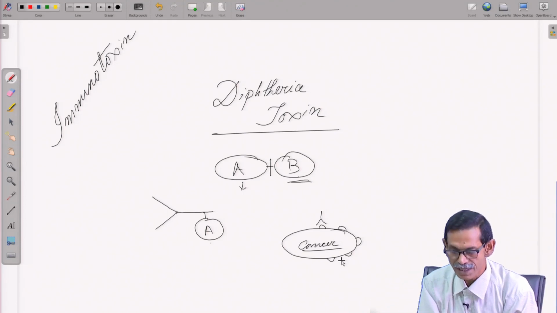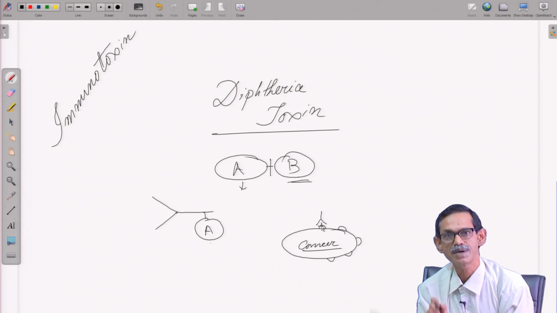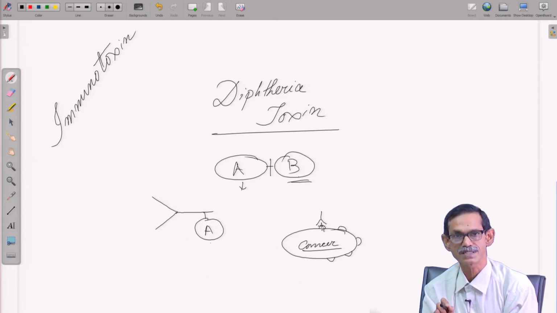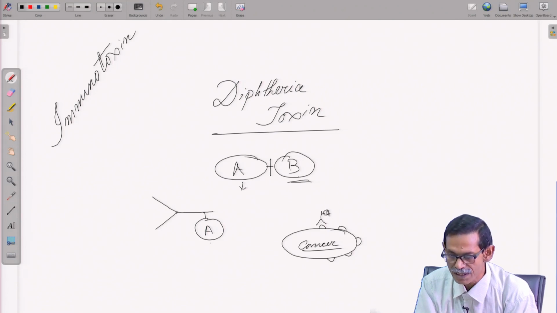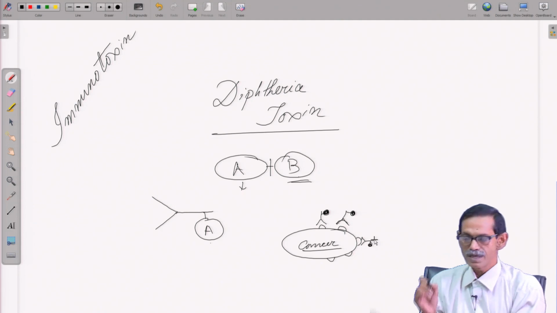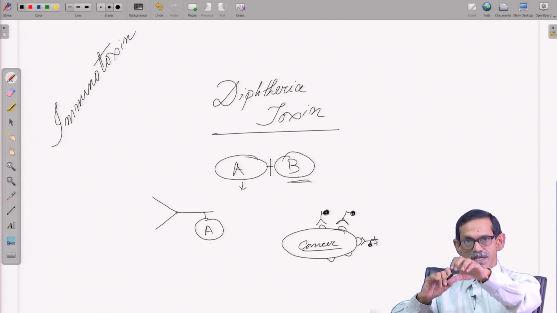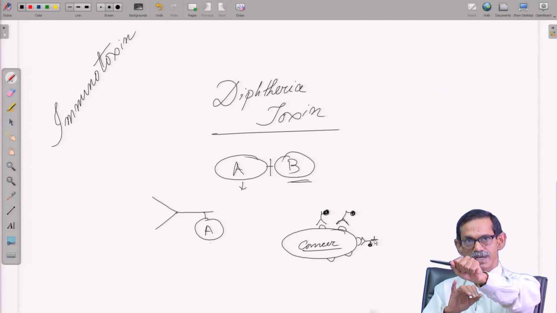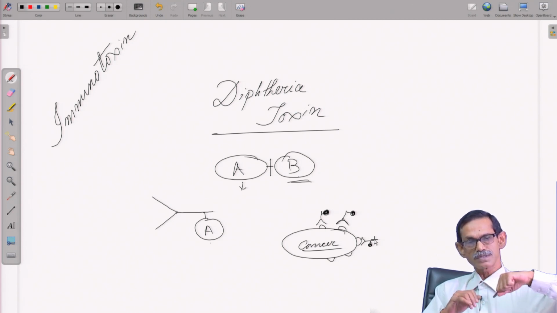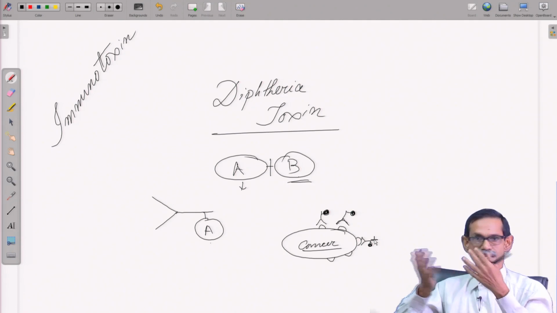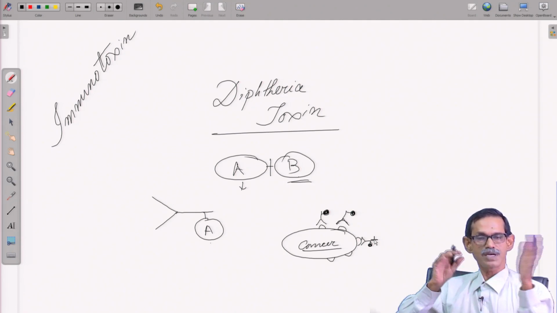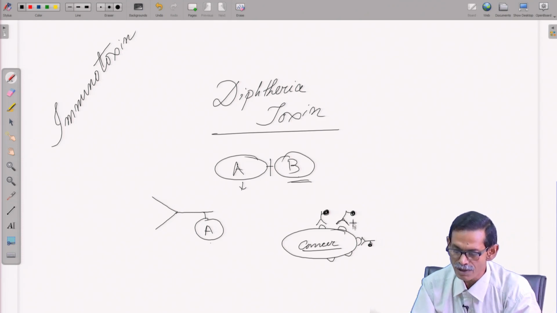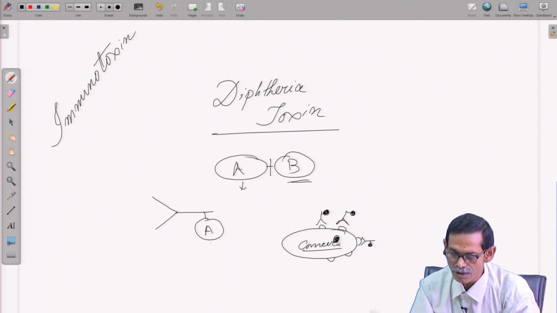And now a second thought comes: if I can make an antibody which will bind only the cancer cell, why can't I attach a toxin here? So, what will happen? The antibody attached with the toxin will go and bind to the cancer cell, and as soon as the antibody binds to the cancer cell antigen, it will be endocytosed, that means it will be internalized. That is normal receptor mediated endocytosis that we have talked about so many times. So, ultimately this toxin will go inside,